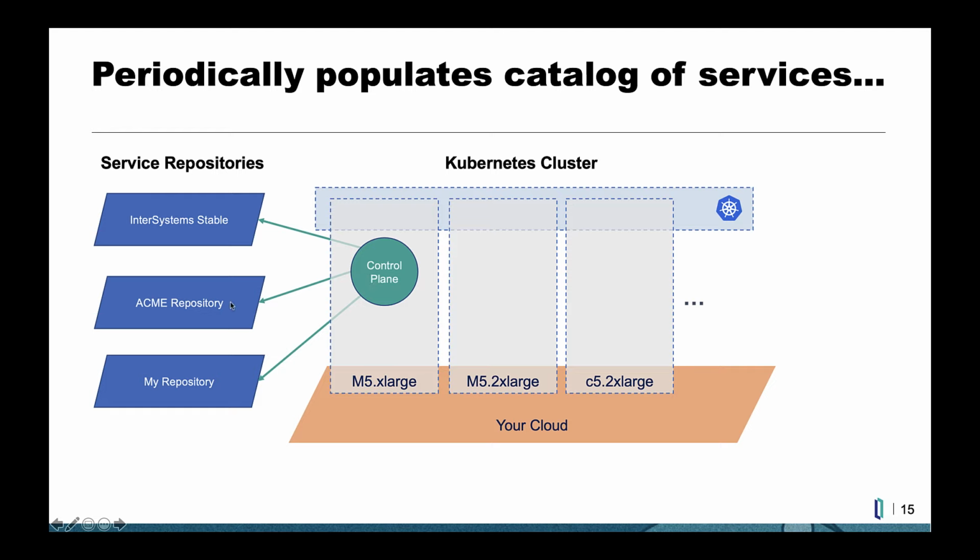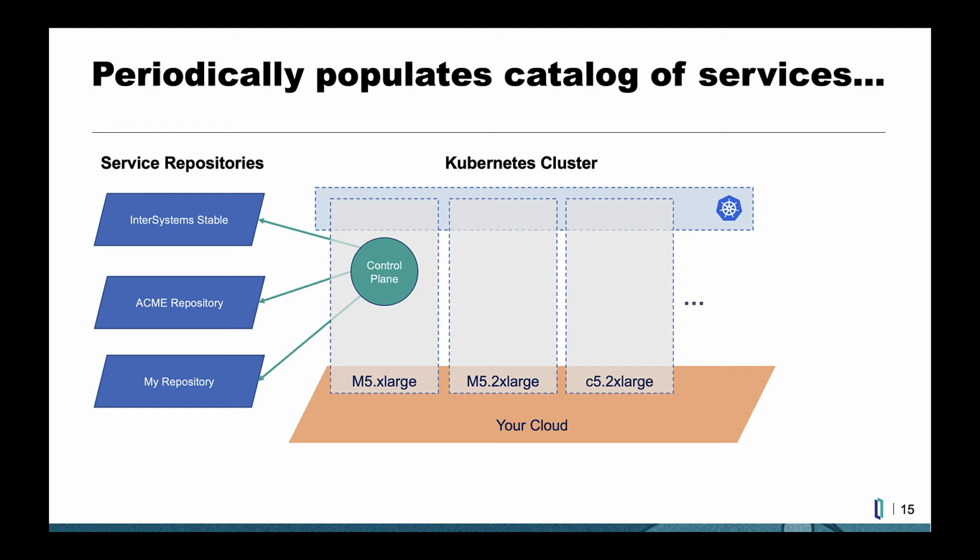Okay, and the same goes for maybe you have a huge organization, you have internal applications that you don't want anyone to see, but you want all your users in your company to see. You could have your own internal private repository and tell the control plane to scan that too. So the aggregation of all the applications, all the products and solutions from all these catalogs, they are now listed in the control plane's catalog.